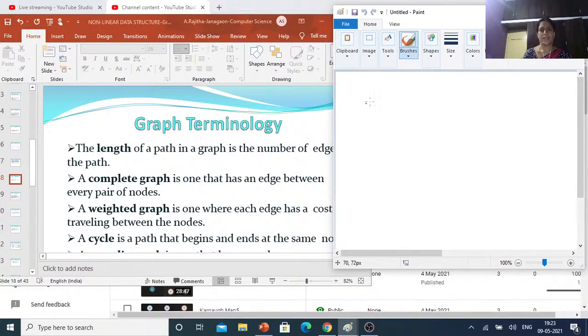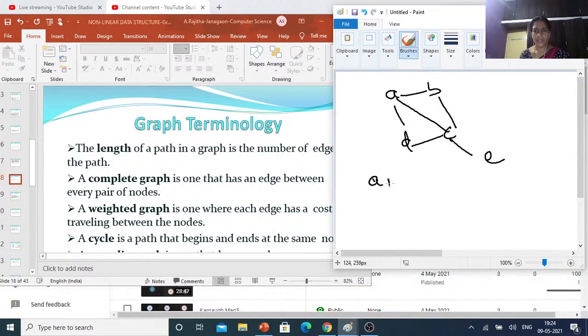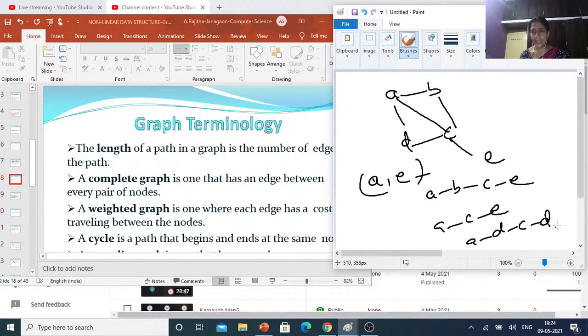Suppose here A, here B, D, C, E, like this. What is the length? Suppose you can write the paths from A: A, B, C, E; A, C, E; A, D, C, E.